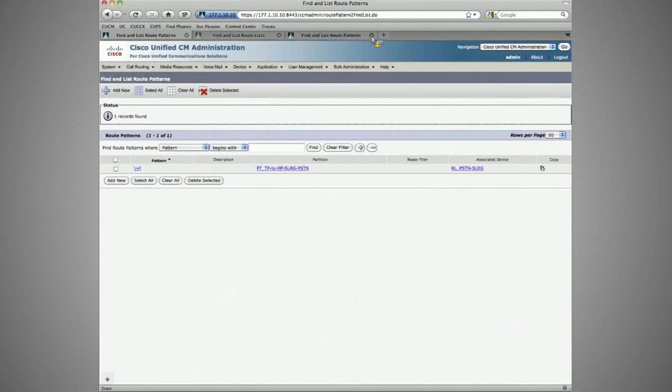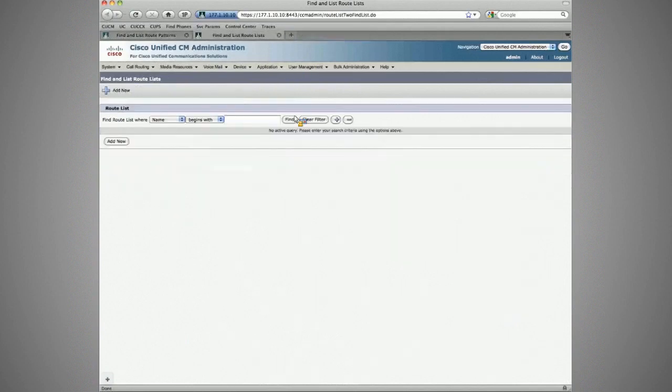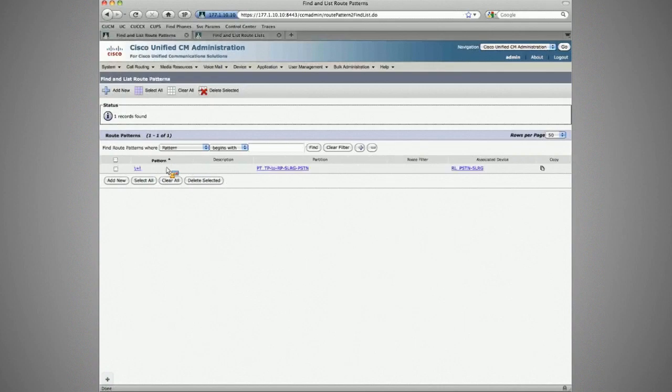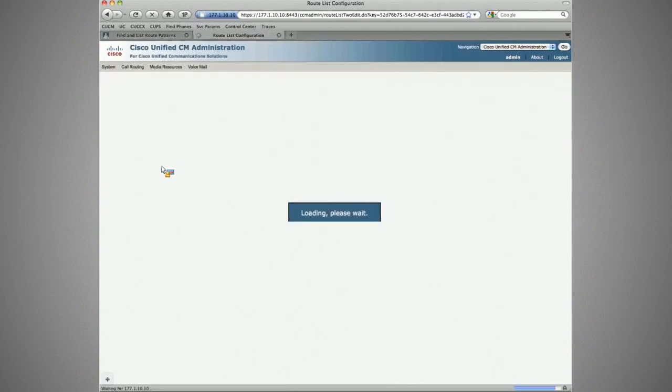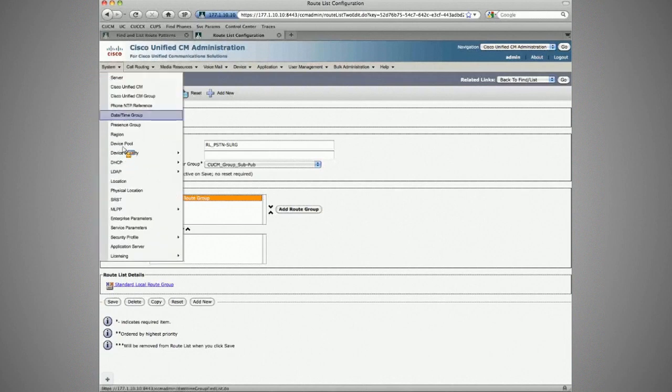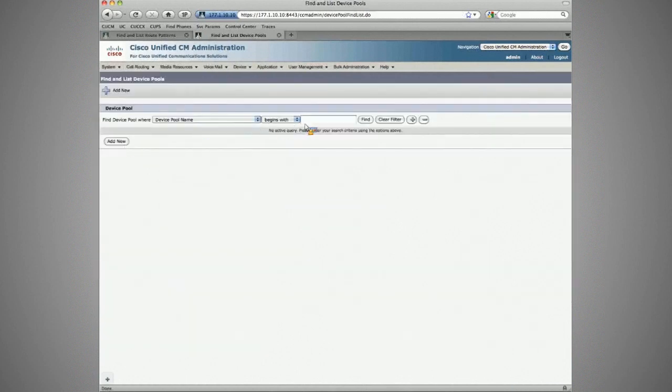I've already deleted that. Let me pull up the route list. I've already deleted the extra route list that pointed to headquarters and then standard local route group for the purpose of the startup configs for this task, whenever you load the startup configs for this module. And I deleted the extra route pattern. So currently there is only one route pattern, and it points to one route list, and that route list, as the name implies, only has the route group of standard local route group, which we all know goes back to